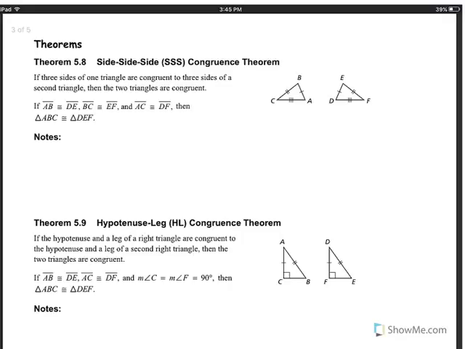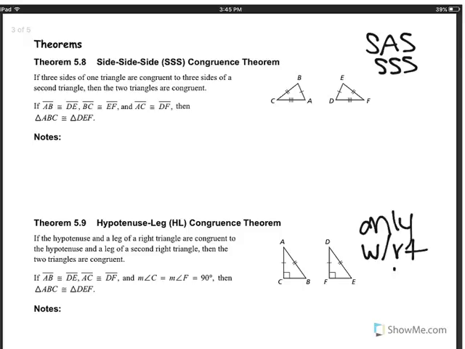Okay, today we're talking about 5.5, and these are the different theorems: side, side, side congruence theorem, and the hypotenuse leg. In previous videos you've learned about side, angle, side. Side, side, side is going to be represented by SSS, and hypotenuse leg is only with right triangles. You have to have one leg and one hypotenuse that are congruent in order for the